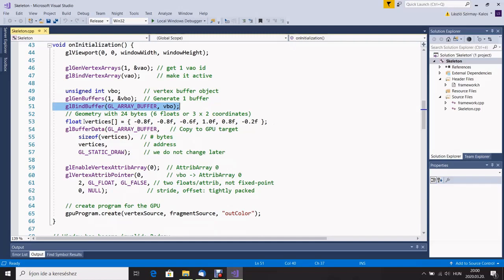We have just a float array containing 6 float values, where each pair of these values is associated with a single point. The vertices array is copied to the GPU. We have to specify the starting address of the copy operation and should also tell OpenGL how many bytes should be copied. This GL_STATIC_DRAW means that we want OpenGL to copy this array to a memory location, which